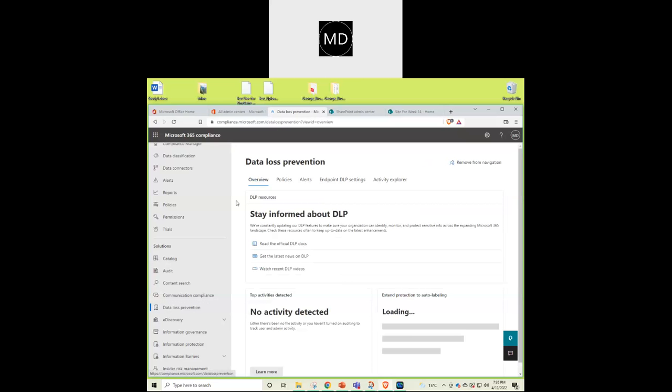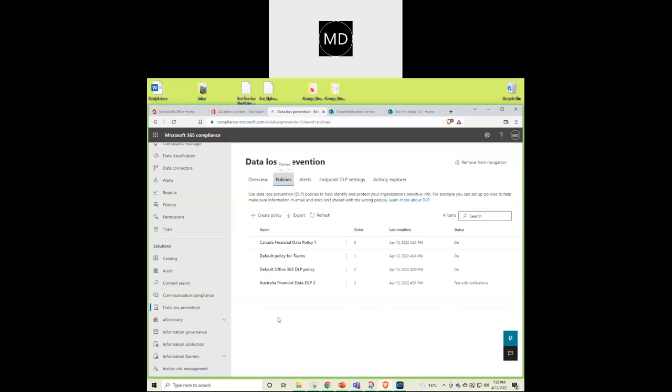So when we click on data loss prevention, we reach this dashboard, and here we have the policies overview. This is the overview. No activities are detected, and 2 policies are ready to extend. I have created some policies already. So what are policies? Policies govern how data loss will be prevented. I will create a policy right now to show you the procedure, how we create a data loss prevention policy. And I will click on